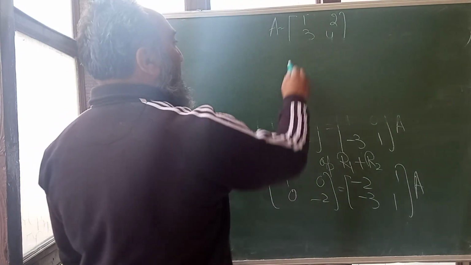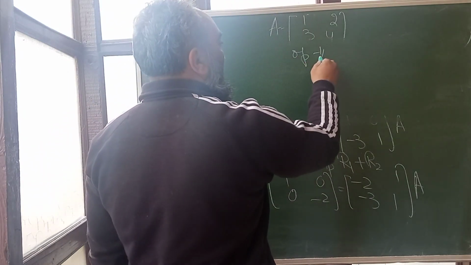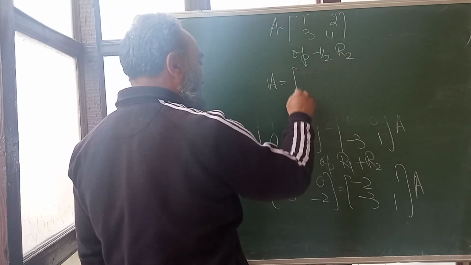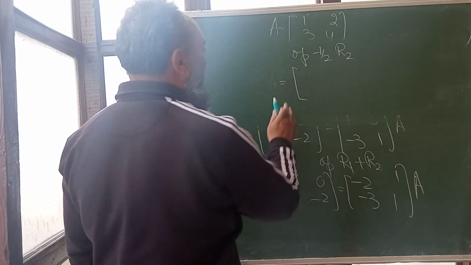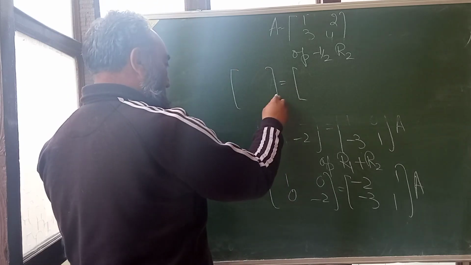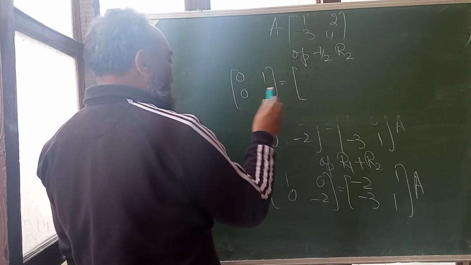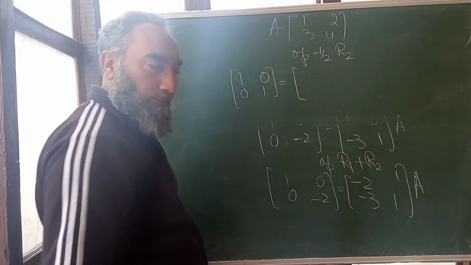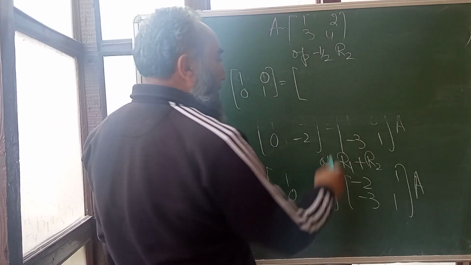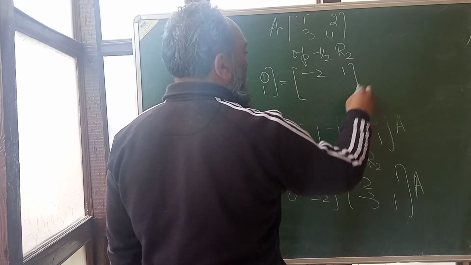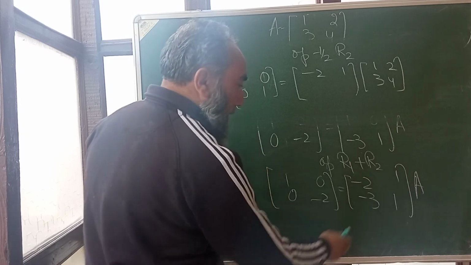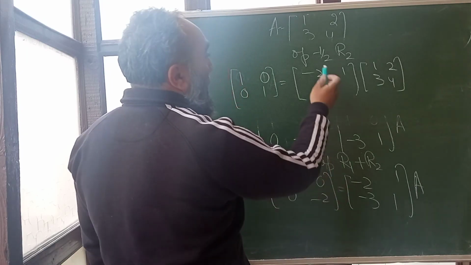Now finally, I have to make this 1. So operate minus 1 by 2 times row 2. I have to use only row transformations. I will get, what I will get? 0, 1, 0, sorry. 1, 0, 0, 1. What I have done? Minus 2, 1, and this is your A, 1, 2, 3, 4. Now I have used minus